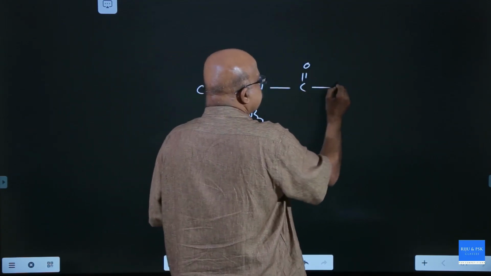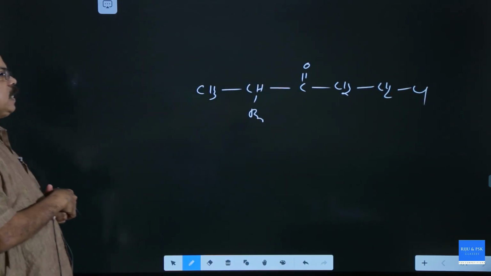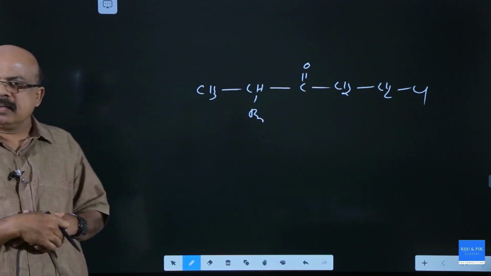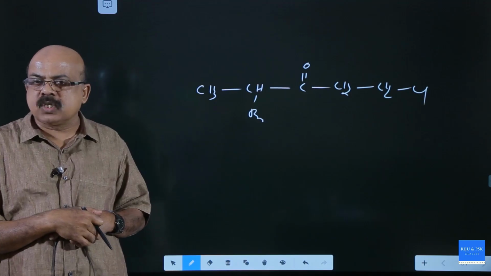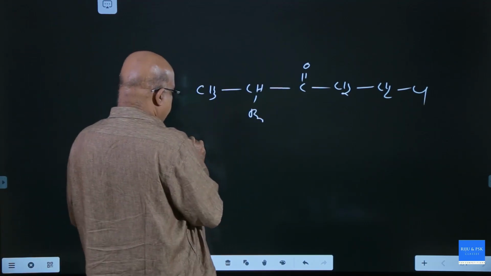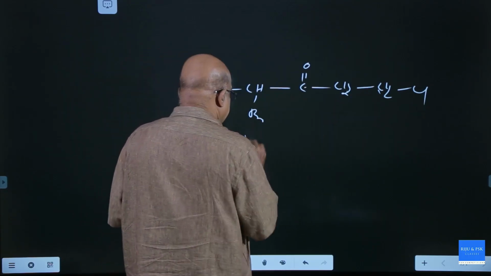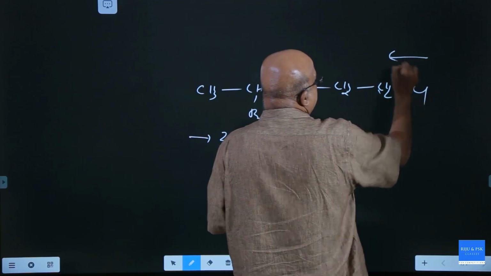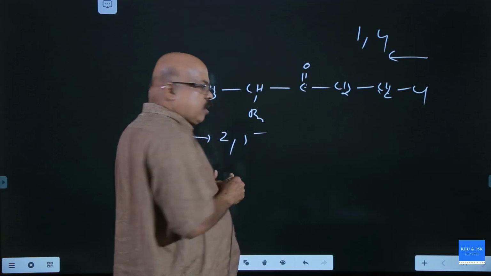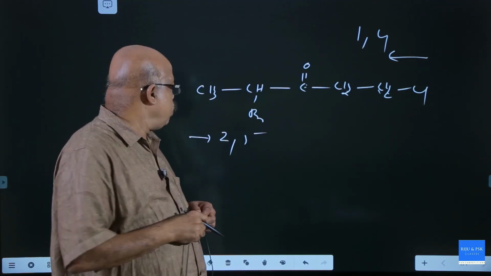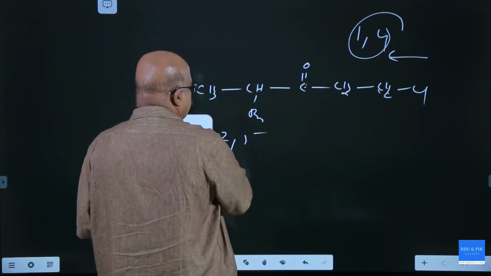In this case, the CO group is at the third carbon from either side, so numbering can be done from any side, but there are 2 different substituents. If you number from here, the substituents are at the second and fifth positions. If numbering is from the other side, they are at 1 and 4. Out of these 2 different sets of locants, 2,5 and 1,4, 1,4 is preferred.